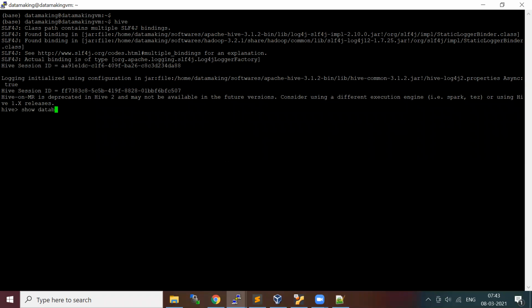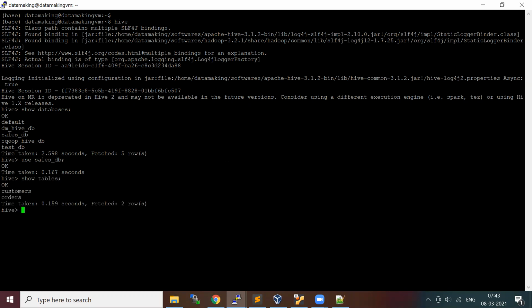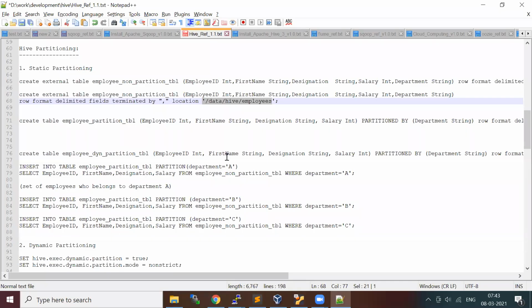Show databases. We are using the sales DB database. Show tables. We have customers and orders. Now let's go and create this non-partition external table, employee table.